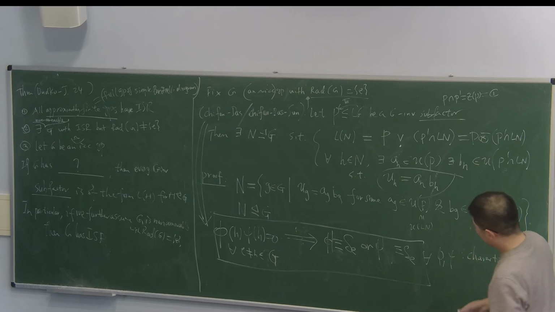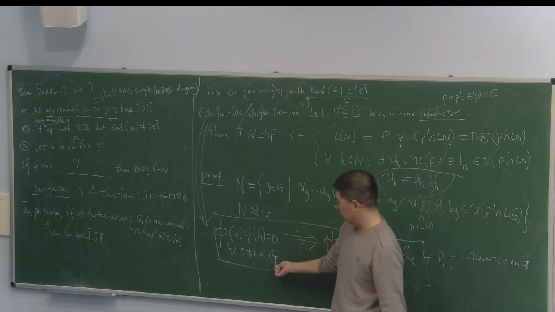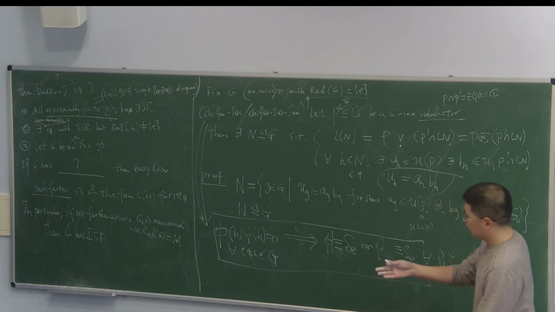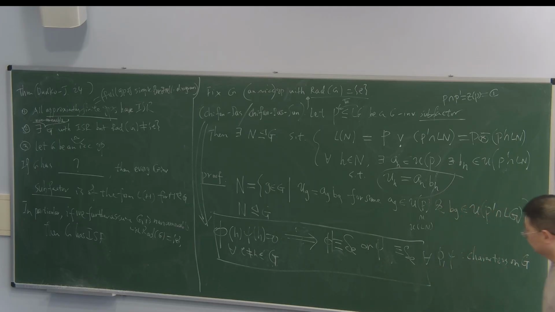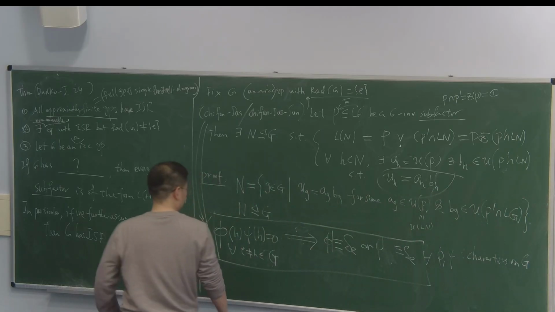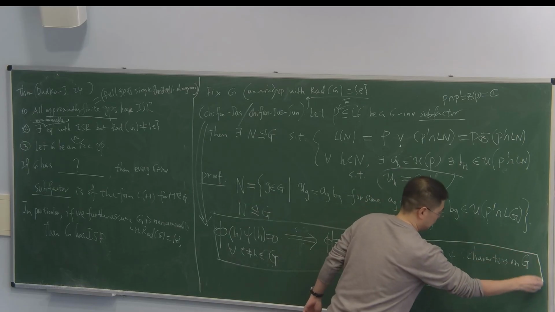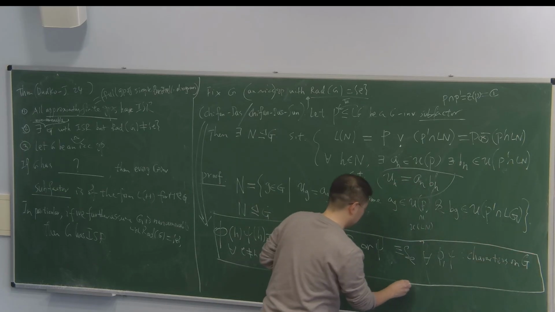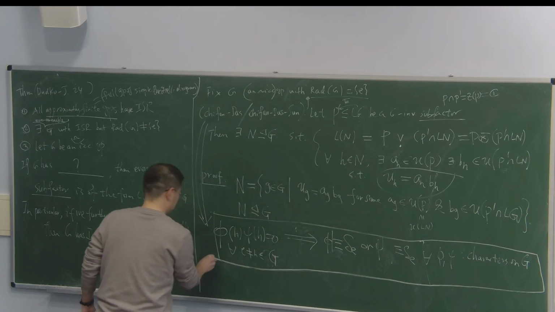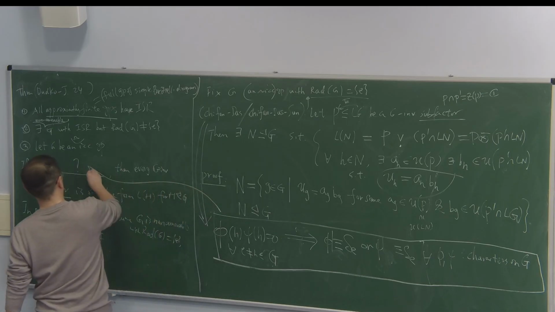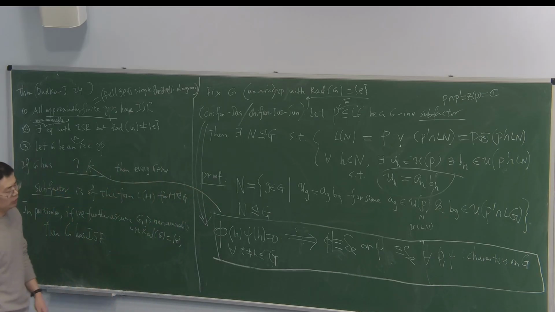Then it automatically holds for any normal subgroup. If you replace this G by N and refer this to N, it also holds true because you can extend characters on a normal subgroup trivially to the whole group. It automatically holds. And we call this property the non-factorizable regular character property. Okay, this is what we need. Once we have this, then we are done.